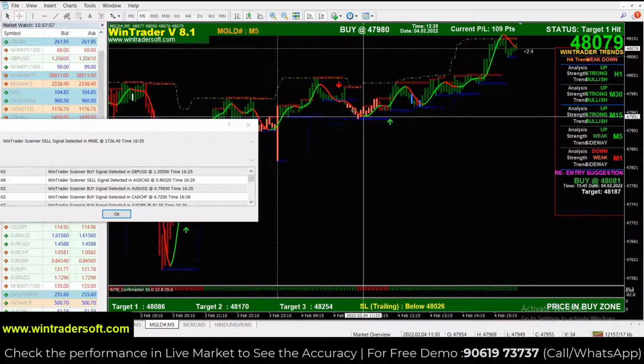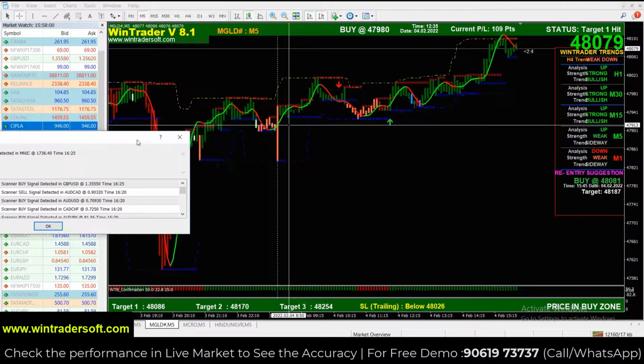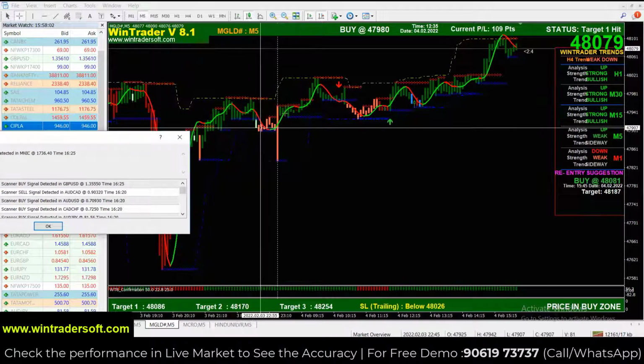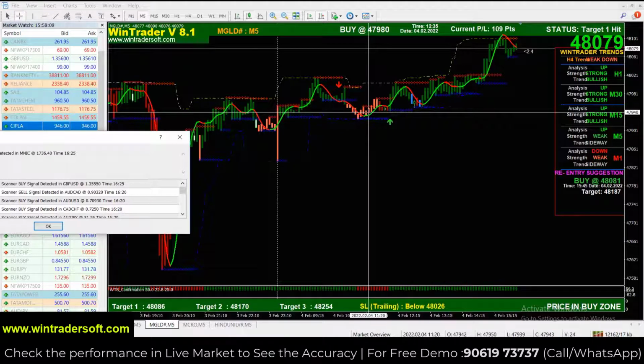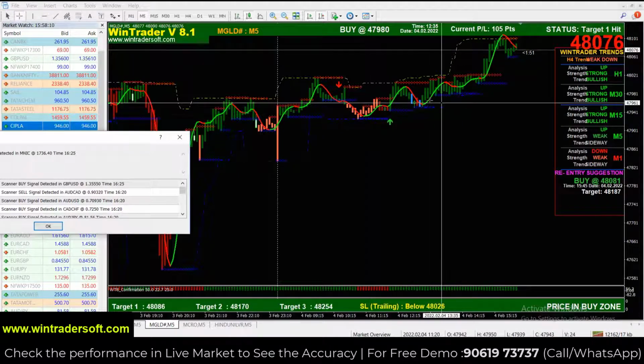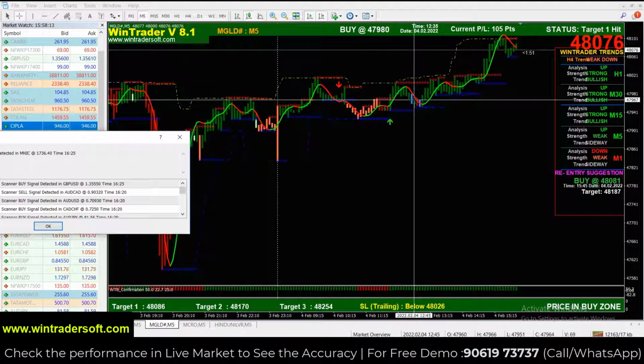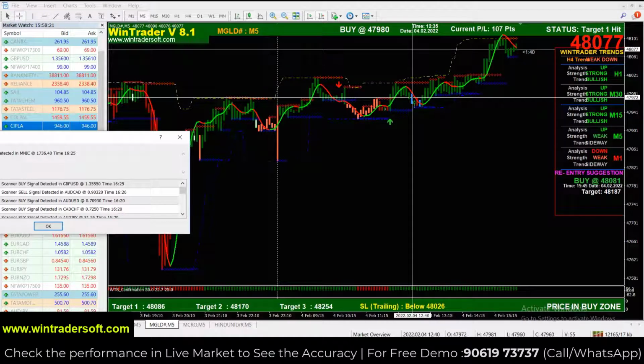And you can see different candle colors are forming now. The normal colors are red and green. For buy it is green, for sell it is red. Apart from these two colors, you can see some other colors displayed, like orange, white candles, light blue. These are the indication of sideways. Means if the market is going sideways, then automatically the software will change the colors of the bars, giving an indication that it's going sideways.